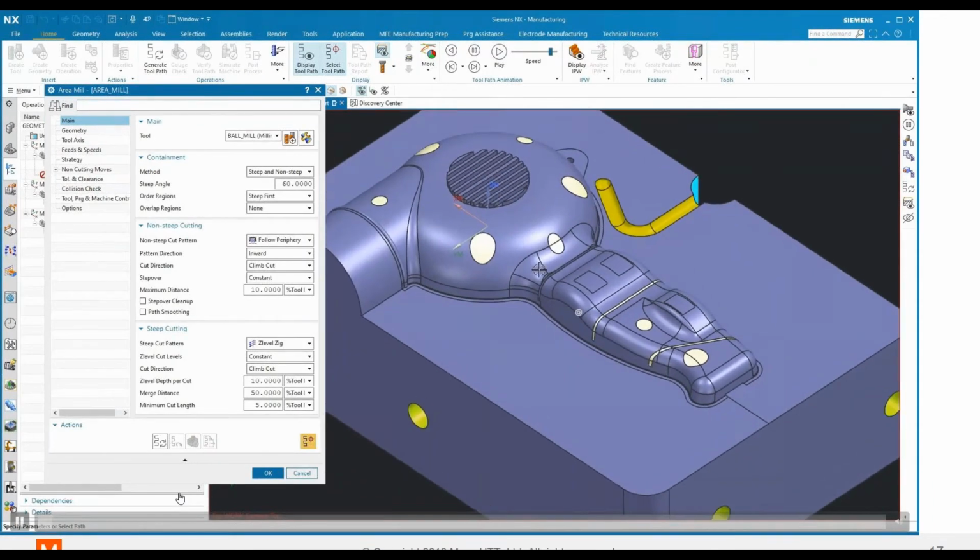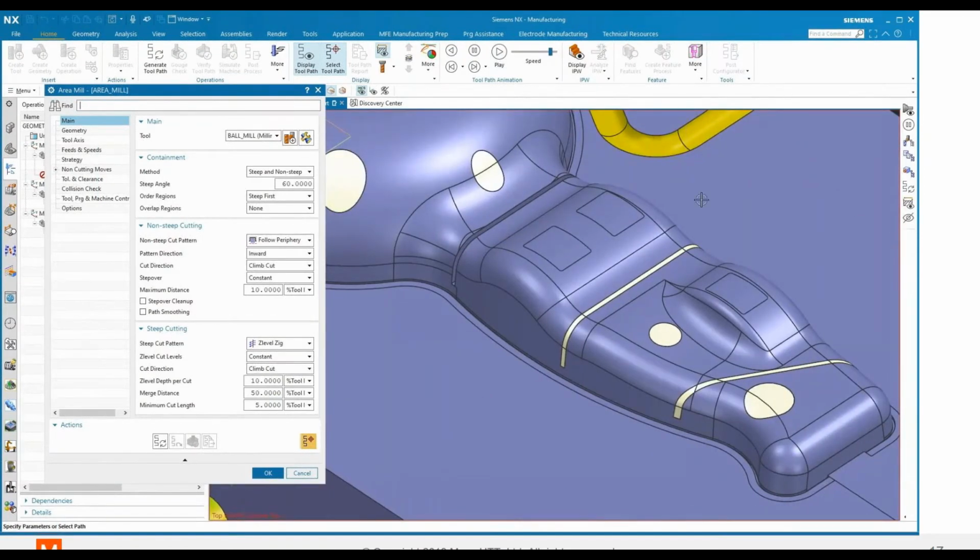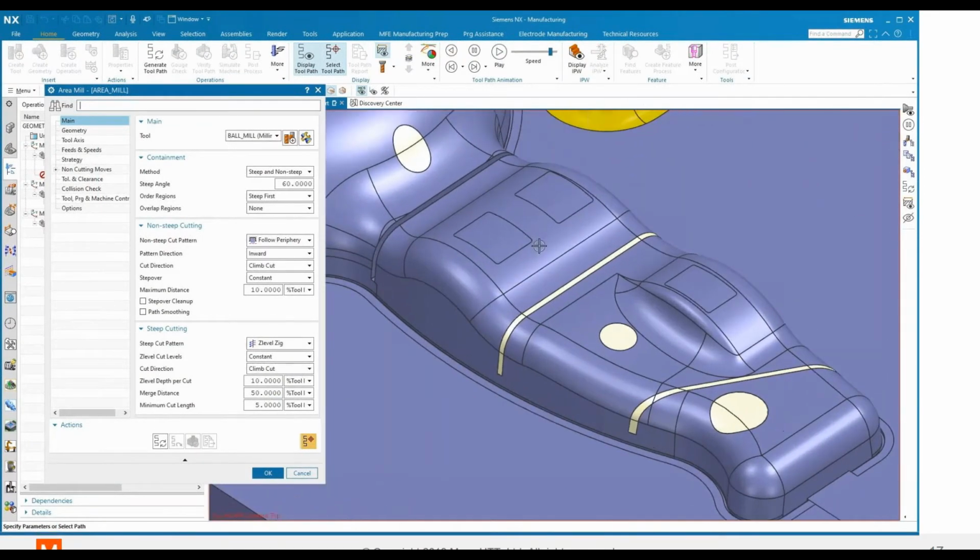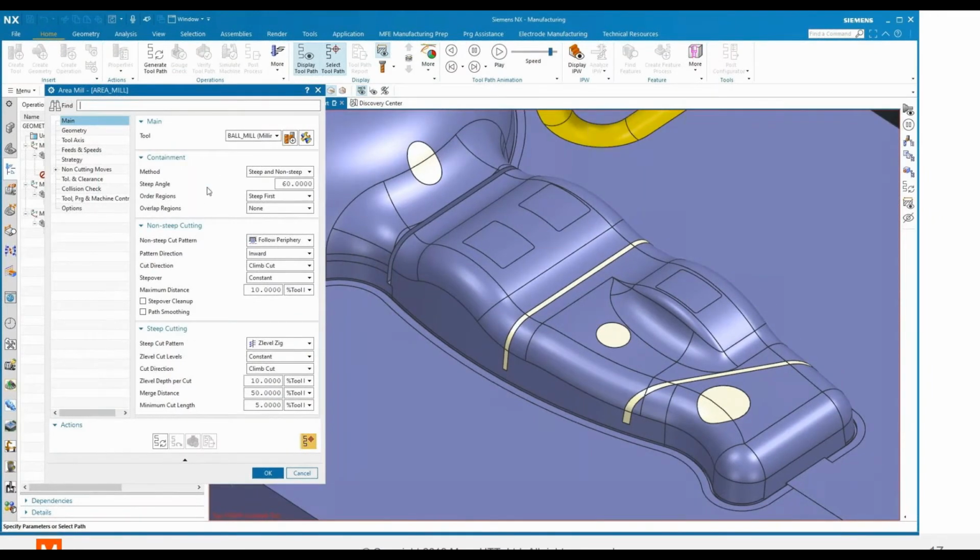We'd like to create a finish pass for the handle area of this hairdryer mold. Our part surfaces are in purple, plus there's some areas where there were ribs and bosses, and I've used patch openings to create a surface that we can bridge across. Here in the dialog box for our area mill command, we can see the instructions that we're giving NX CAM to tell it how we want to machine this.